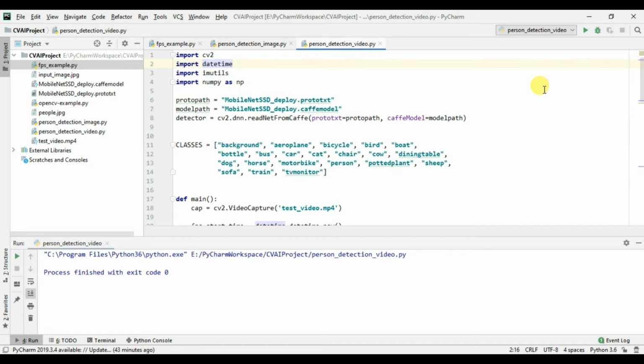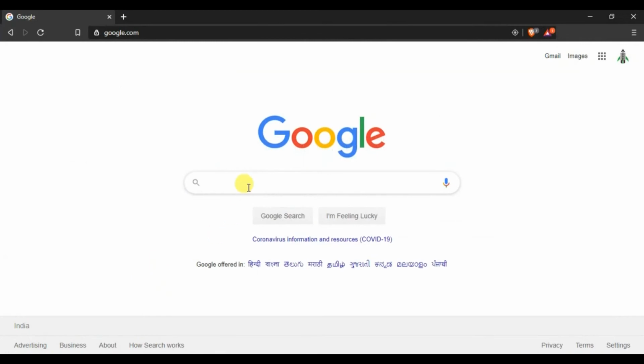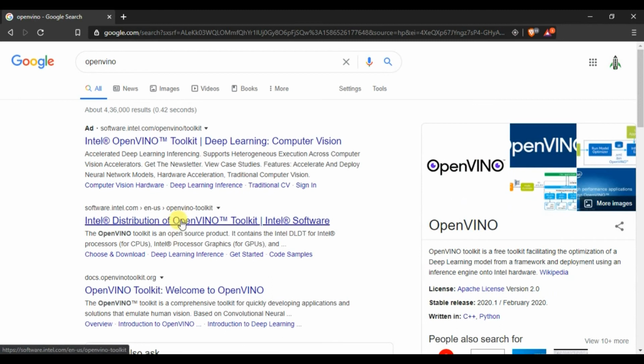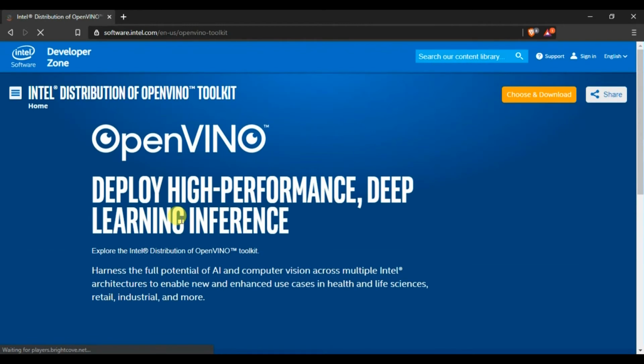We can improve the FPS by initializing the OpenVINO environment. If any one of you don't know about OpenVINO, I've already made a series about it. You can download OpenVINO from Intel's website. OpenVINO is a framework provided by Intel which works very fast, and you can initialize it depending upon the target hardware you have. For example, I'm using the CPU, so I can run it over CPU. If I have, let's say, a Myriad processor, I can run it on that or any other processor like GPUs as well.